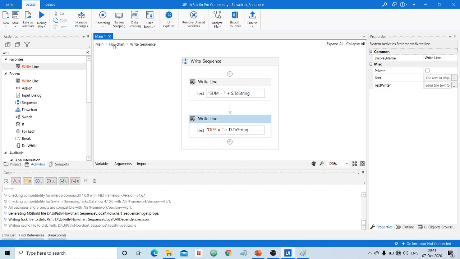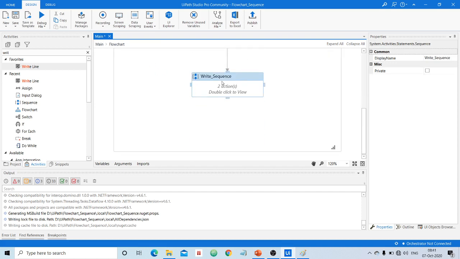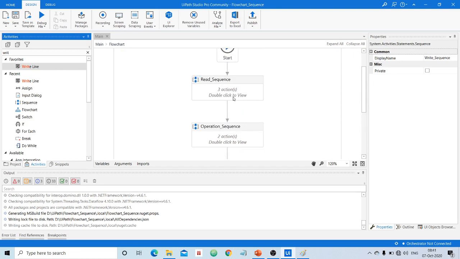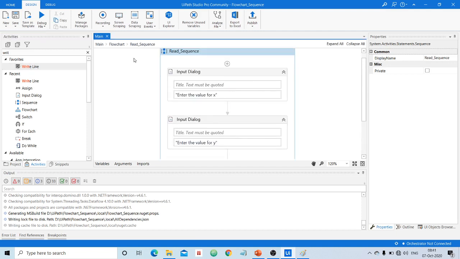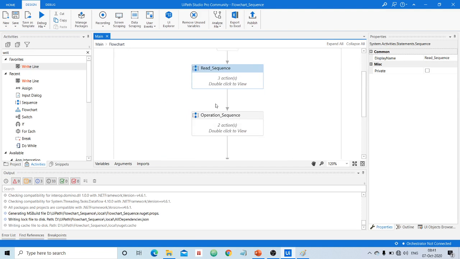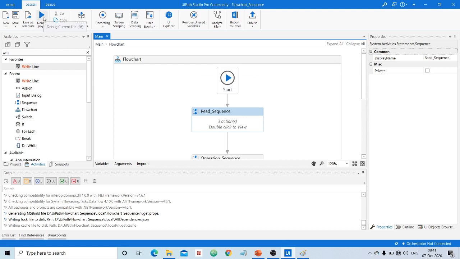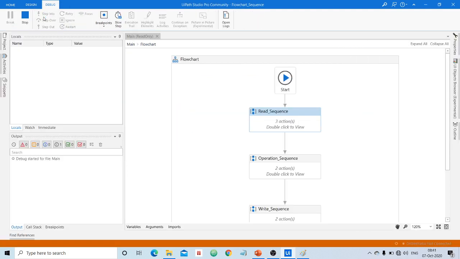Now we successfully created the write sequence. So now I hope we have successfully created the complete project, where in a single flowchart we have 3 sequences. Now see here, this is what I was telling. A sequence is used when you need to perform a single action, like a read action, which requires multiple steps. Exactly in the same way we can understand operation sequence, write sequence. Now we shall see whether this will work fine. If we get a problem, no problem, we shall try to debug and solve it.